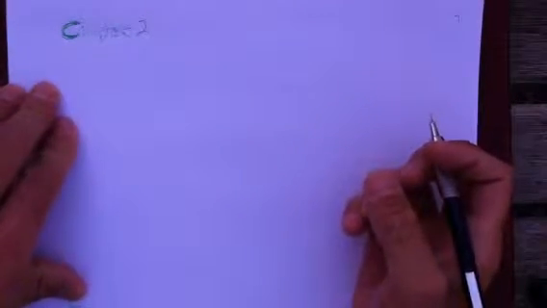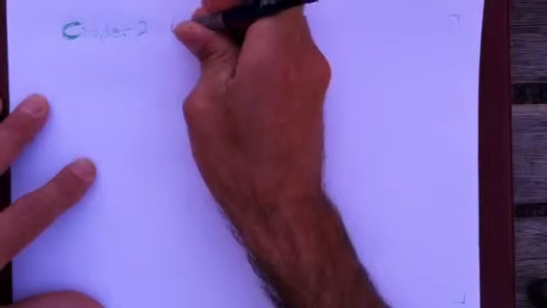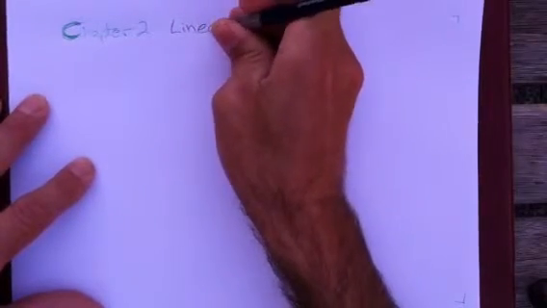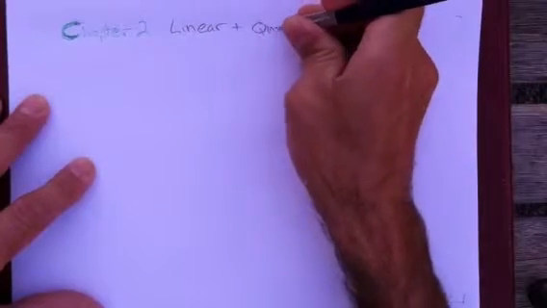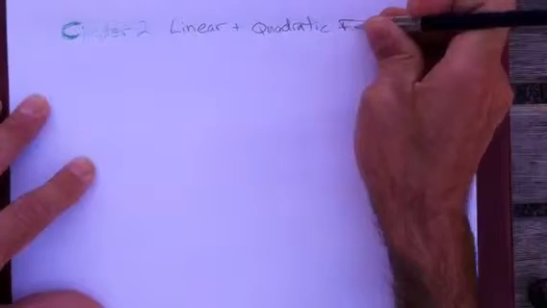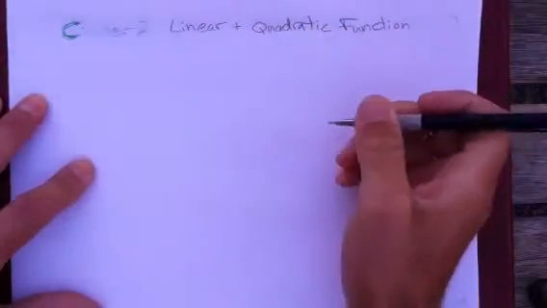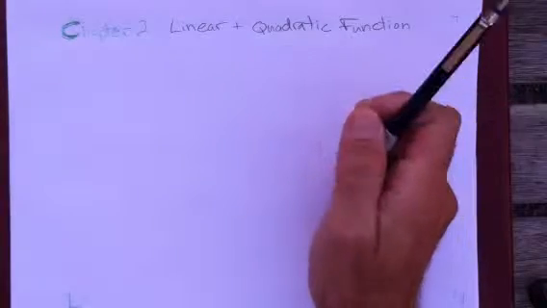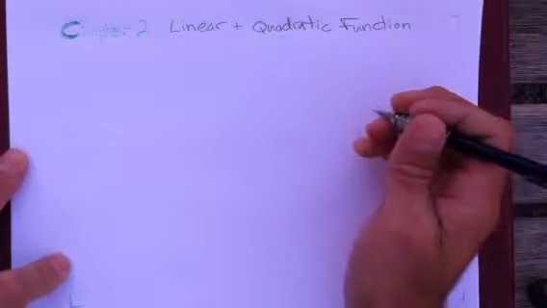I think Chapter 1 is probably about the hardest chapter because it covers everything you're going to learn in more detail throughout the rest of the course. So here in Chapter 2 we're going to focus on linear functions, straight lines, and quadratic functions, parabolas. So the first two sections are about linear functions. So again, both of these should be a review of what you learned in intermediate algebra some time ago, hopefully